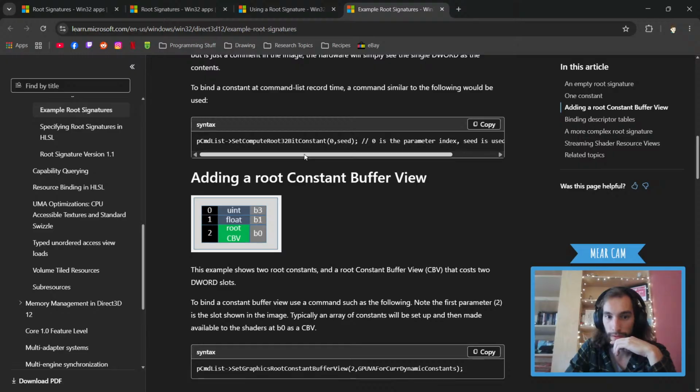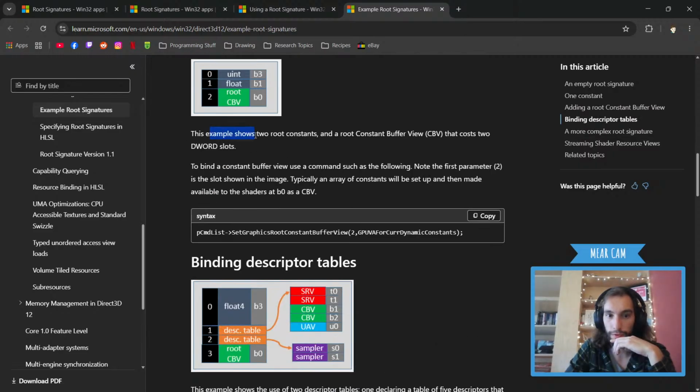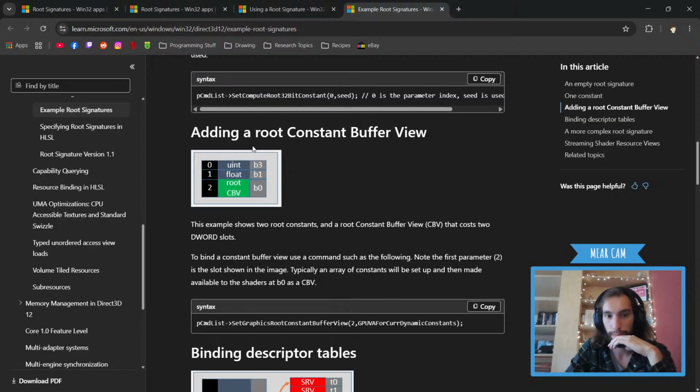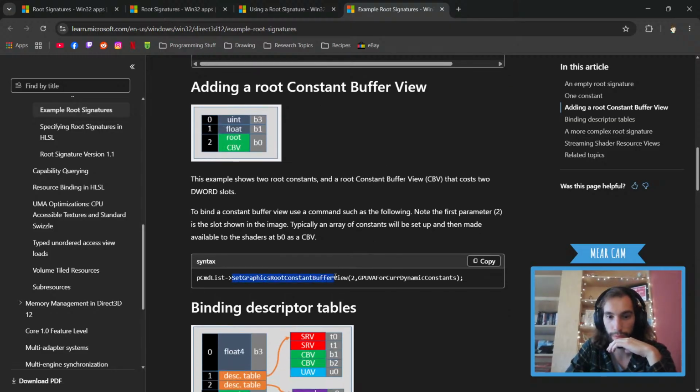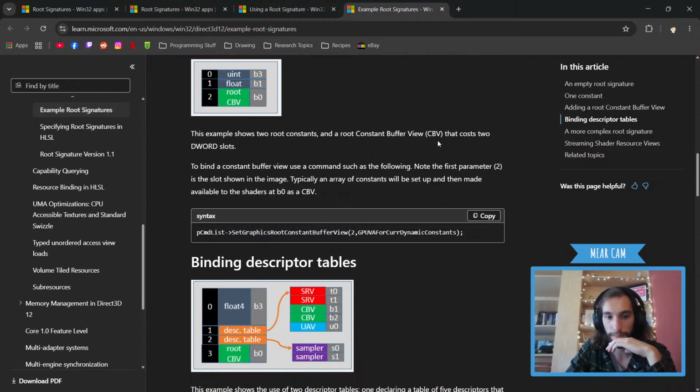So that's what we do. The example shows two rows containing a root constant buffer view. Basically, we're adding a constant root buffer in there, which would just be set graphics root constant buffer view in there.